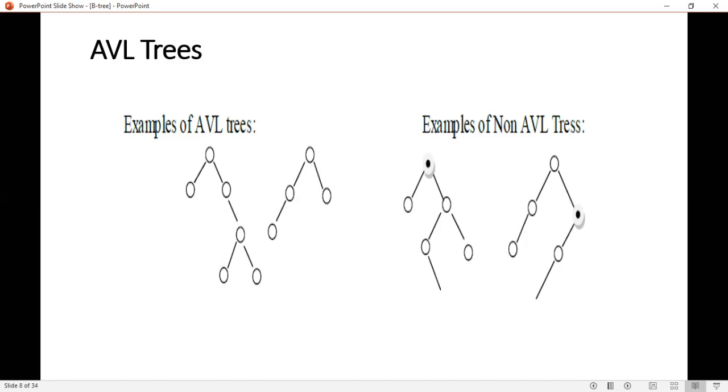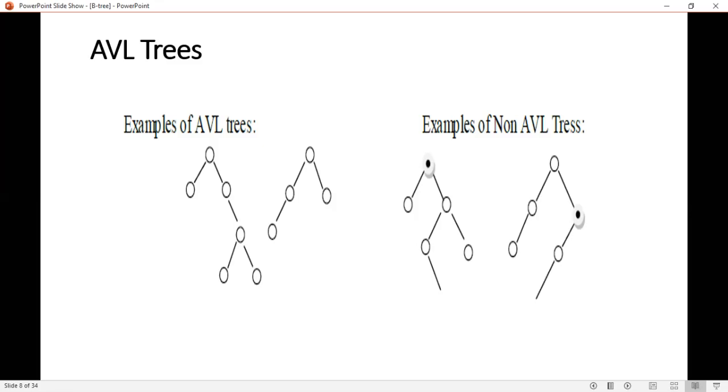So we have this AVL tree, which is a height balanced tree. Why we go to the AVL tree is that the only problem with the previous binary search tree was that the tree grows unevenly when you go on adding nodes. That's why we go for AVL trees, where the idea is to reorganize the nodes of the tree as we receive new keys, that is, by rotating the tree.